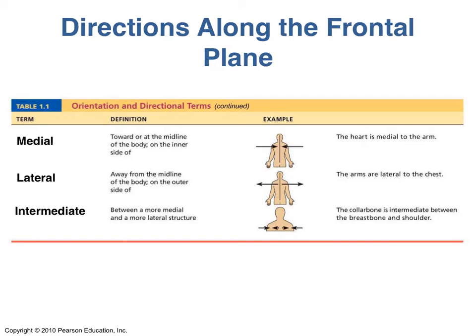There are also direction terms that are used to describe the location relative to the midline of the body. By midline, I mean basically where your spine runs. Imagine an imaginary line drawn along your spine, cutting your body into right and left. Something that is medial is towards the midline of the body, so it's more middle. So when you see medial, think middle. Something that's more lateral means away from the midline of the body, on the outer side. So you might say your eyes are lateral to your nose, or your nose is medial to your eyes.